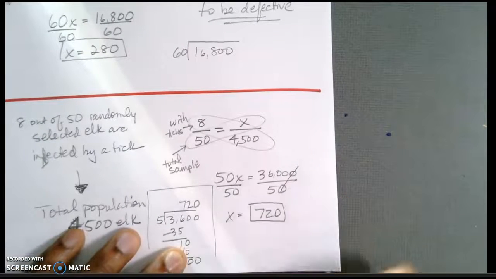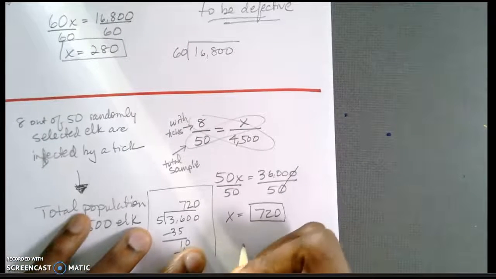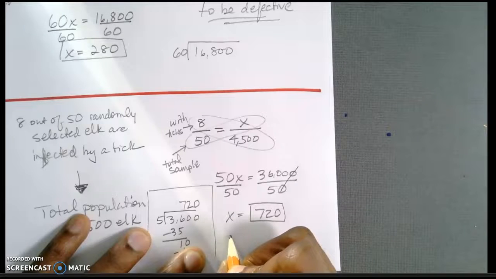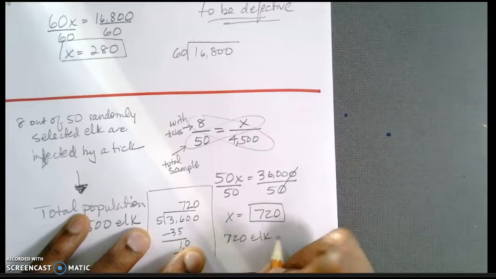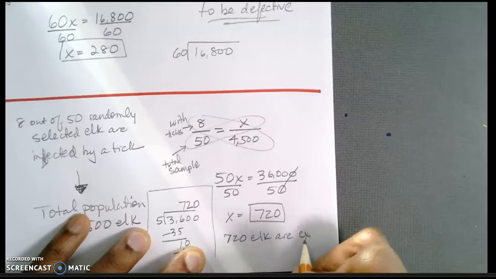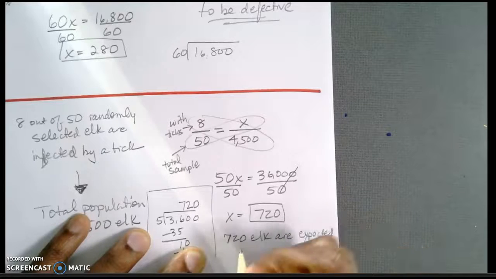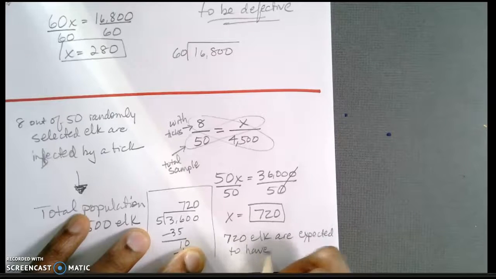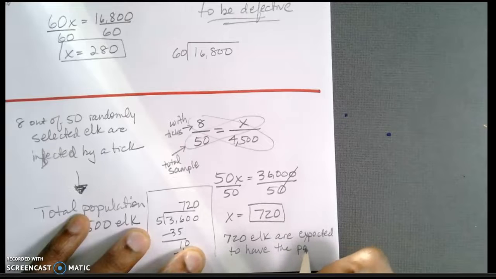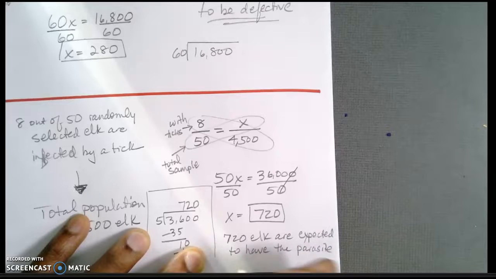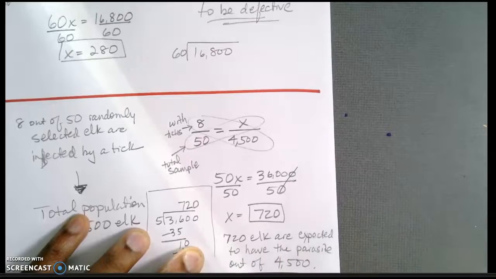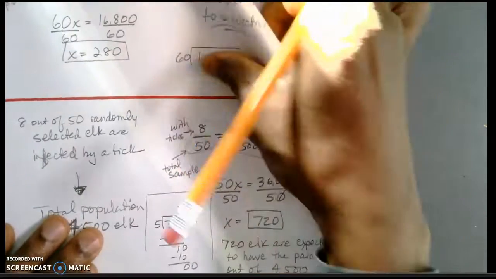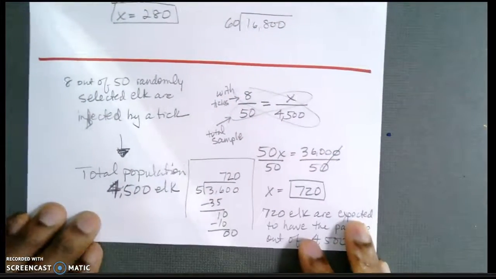So that becomes 720. My solution statement is that 720 elk are expected to have the parasite out of 4,500. Okay, so what I want you to do is back this video up